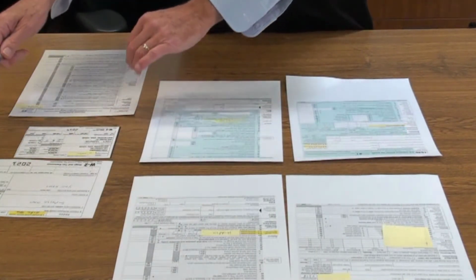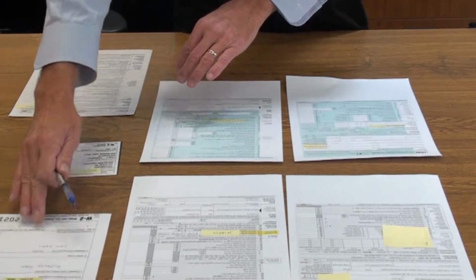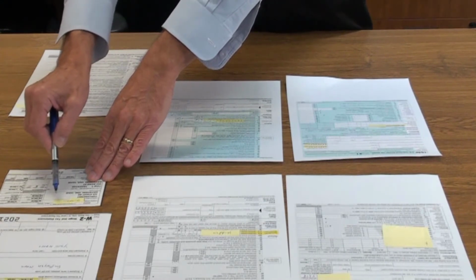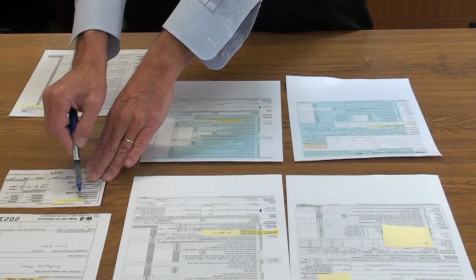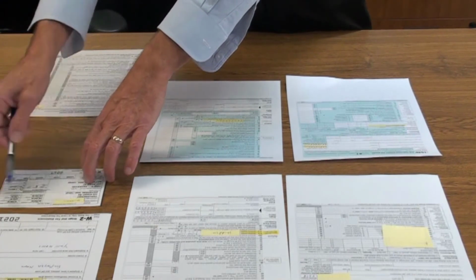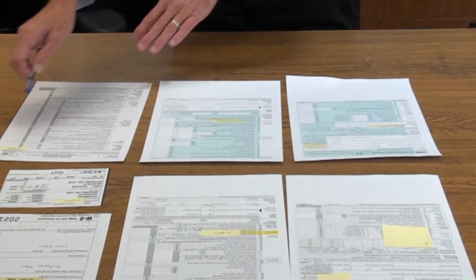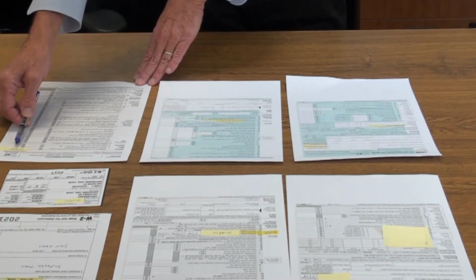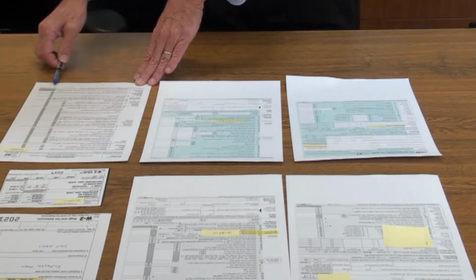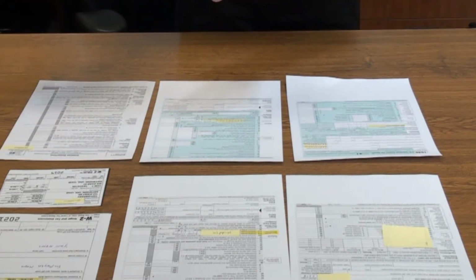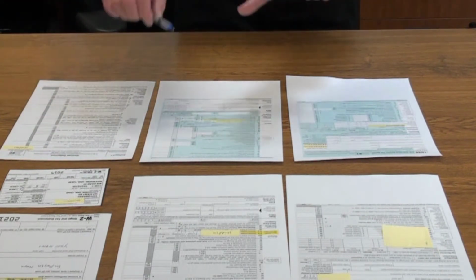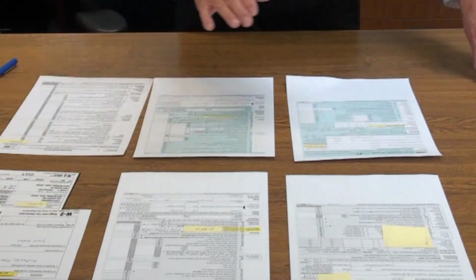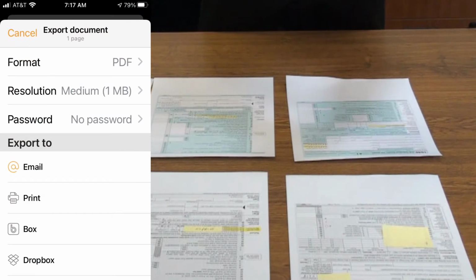And on your W-2 and 1099 as well, you'll want to make sure that you hide your social. I'd hide the employer's ID as well. Leave the rest of the information there. On schedules, always your social will be at least in one part. But again, you might have it at the bottom or top depending on what kind of software your tax preparer uses. So once you've got all that done, lay them out, and then take your Genius Scan app,